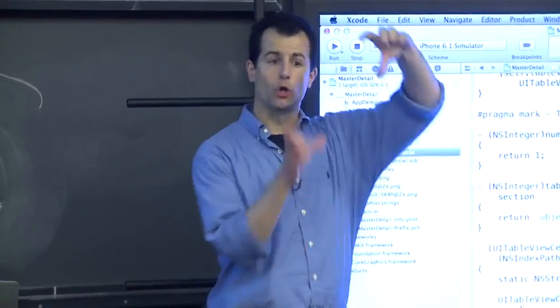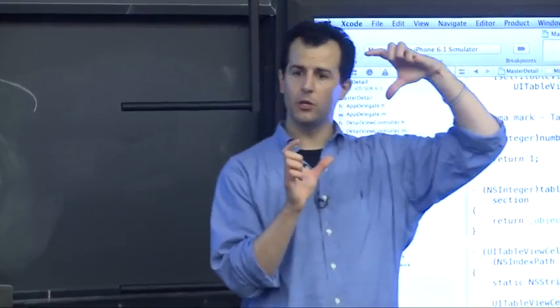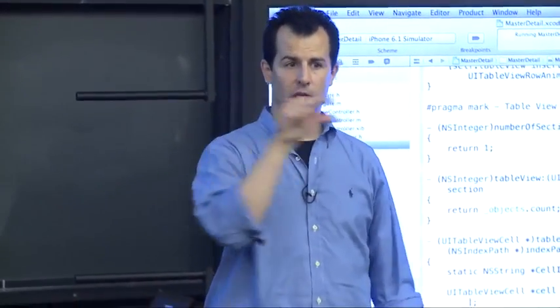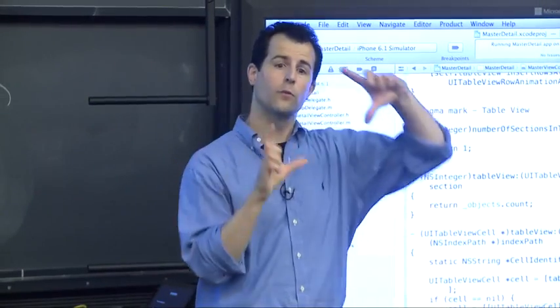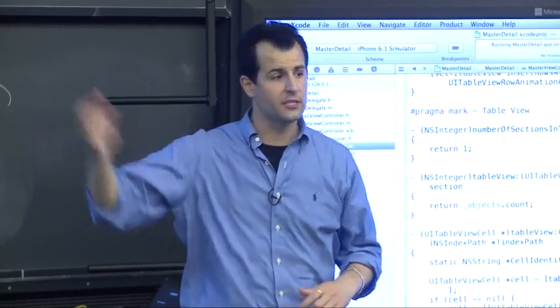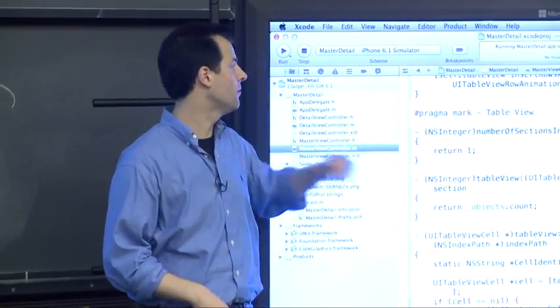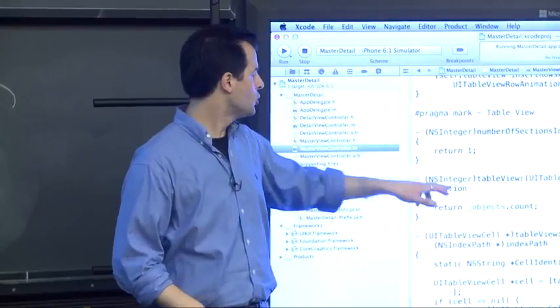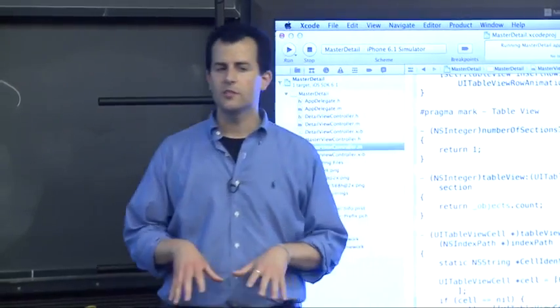So sections are groupings of rows together. And if you have an iPhone and you go to your settings menu, you'll see that there are rows in your settings menu, but they're typically clustered with some kind of bold header. That's referring to a section. We had no such aesthetics here, so we just have one massive section. So they have hard-coded the value of 1 in this template. So next, table view, number of rows in section. So this is the method